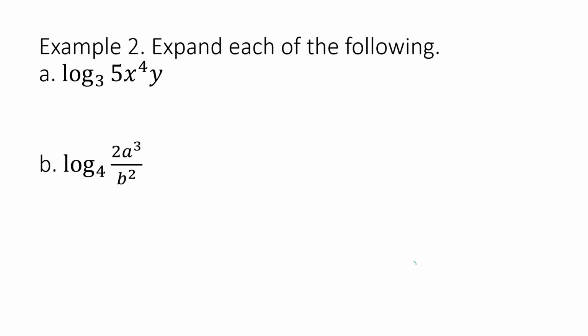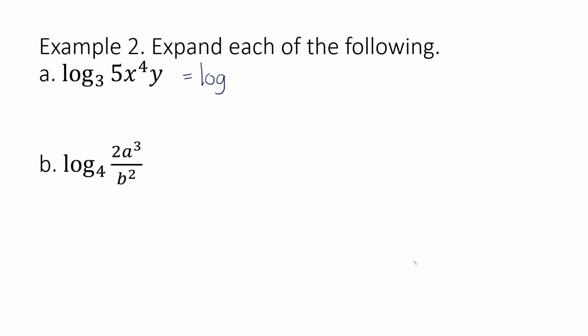Since what is involved here is product, or we have here factors, then we will be using the product law. According to the product law, we will distribute the logarithm and the base as well to each of the factors, and they will be separated by a plus sign, meaning each logarithm will be an addend. So we are expecting here 3 addends because there are 3 factors: 5, x to the fourth, and y. So this will become